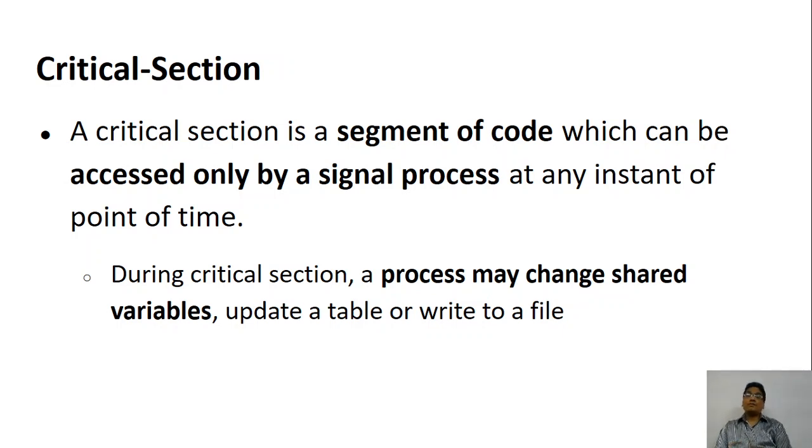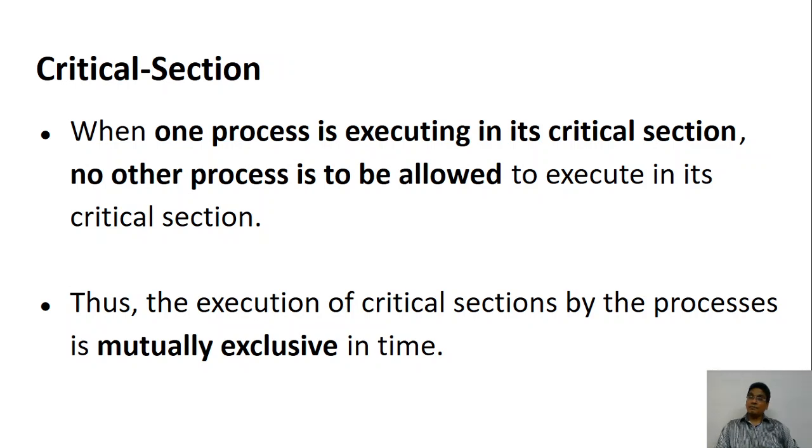So when one of the processes is in its critical section, no other process must be allowed to enter into their critical section. So at a time, even though many processes are running, only one of them will perform the critical section. So what is this critical section? The critical section is that segment of the code which manipulates the shared resource. So this is called mutual exclusion.